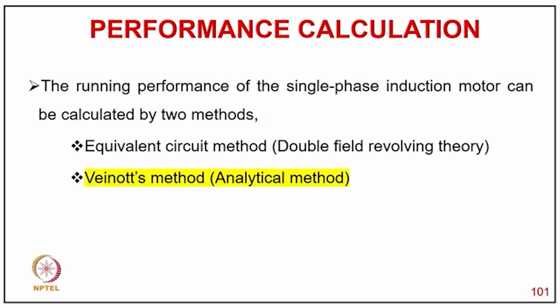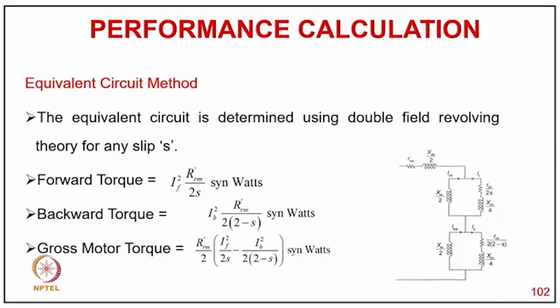So, running performance of single phase induction motor can be calculated by two methods: the equivalent circuit method, the double revolving theory, or the V-nut method, that is the analytical method. The equivalent circuit is determined by double revolving field theory for any slip S, where